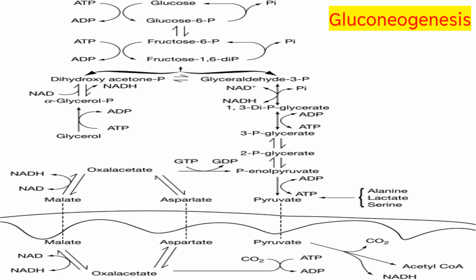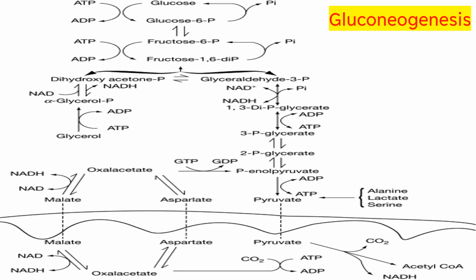The pathway uses several enzymes of glycolysis, with the exception of the enzymes of the irreversible steps: pyruvate kinase, 6-phosphofructokinase, and hexokinase. The irreversible reactions of glycolysis are bypassed by the four alternate unique reactions of